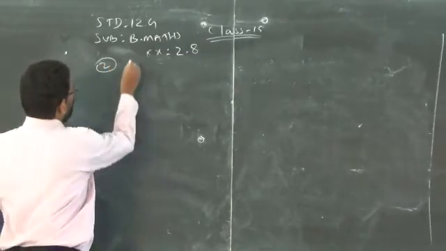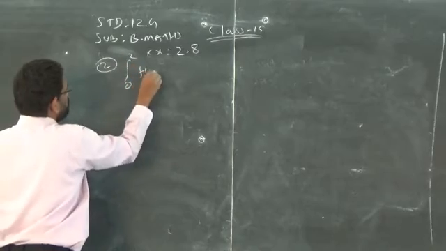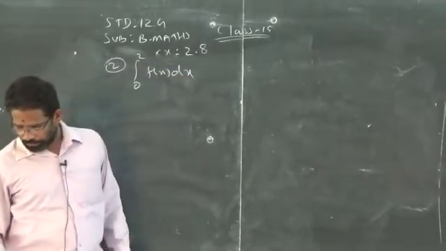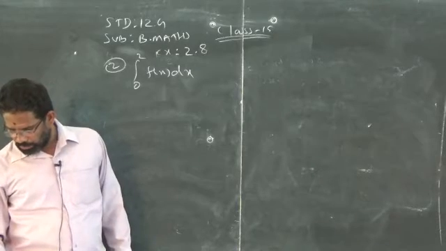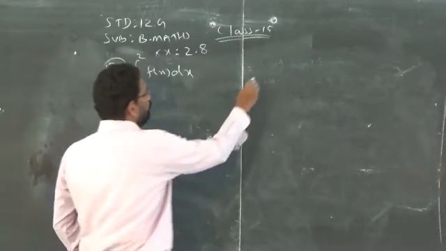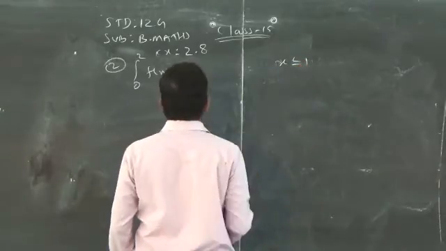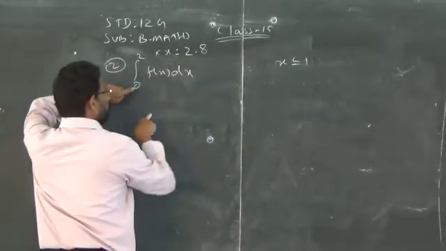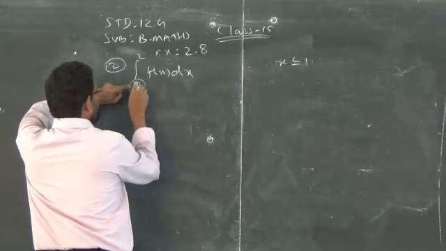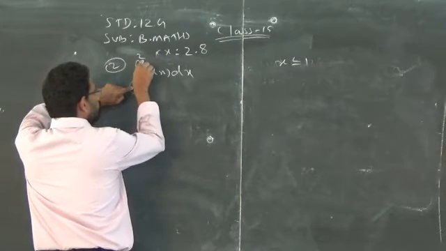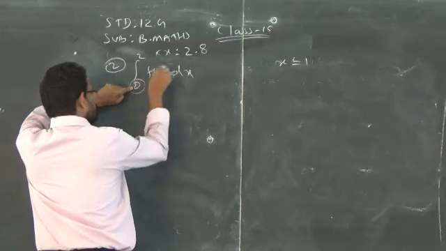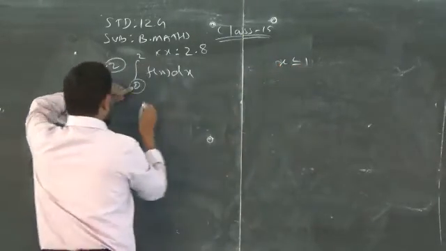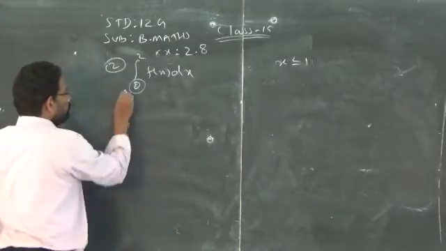Again, it is given the limit 0 to 2, integral of f of x dx. They define two functions for f of x. The first one is 3 minus 2x minus x square, if x is less than or equal to 1. You have to see this is the upper limit, so you must have a lower limit. What is the lower limit? It is starting from 0. It is given 0 to 2, so the lower limit of the integration is 0. Therefore, the limits for x in the first integrand part is 0 to 1.